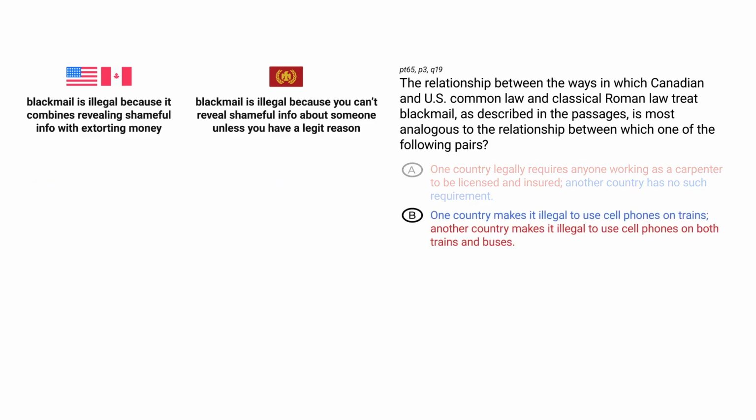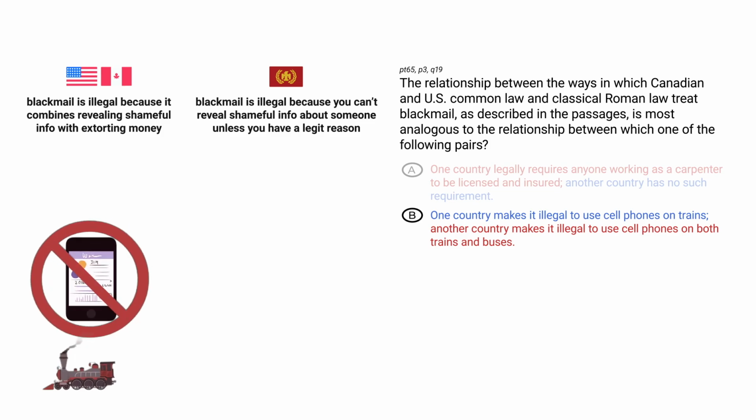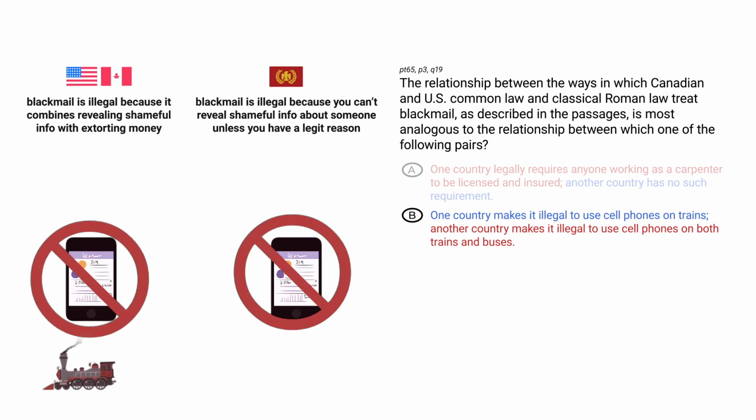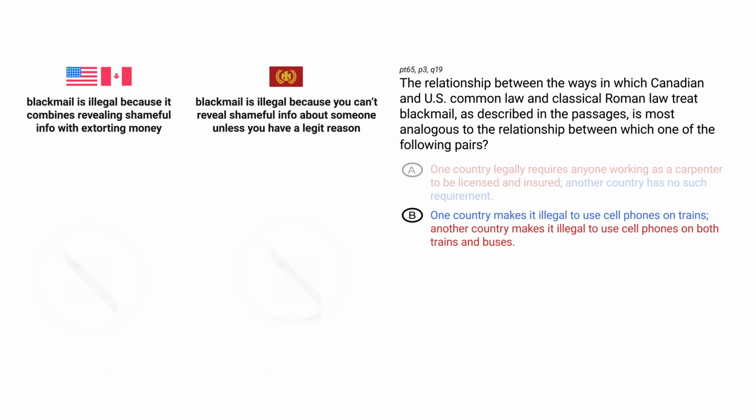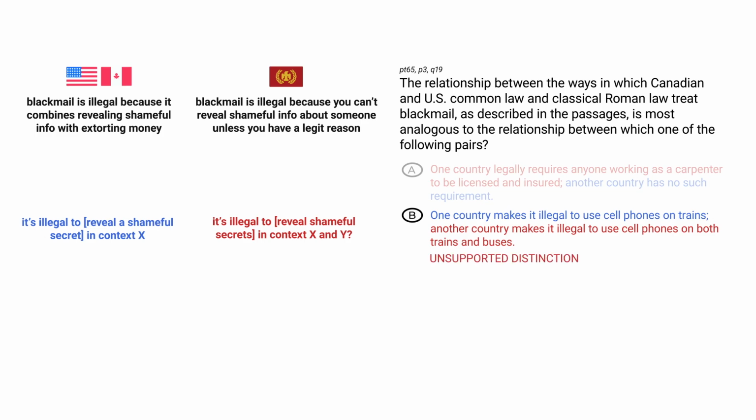Choice B is saying that in North America, it's illegal to use cell phones only when you're on a train, whereas in Rome, it would be illegal on trains and buses. So was blackmail illegal in more contexts in Rome than in North America? No, because blackmail itself refers to when you charge money to keep a secret. It's not like there were more contexts where that was illegal in Rome, so that doesn't seem like the right